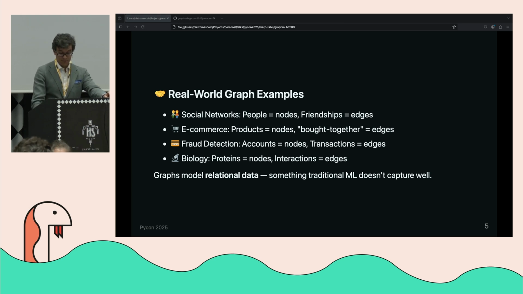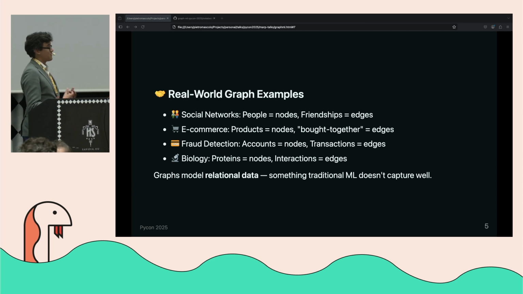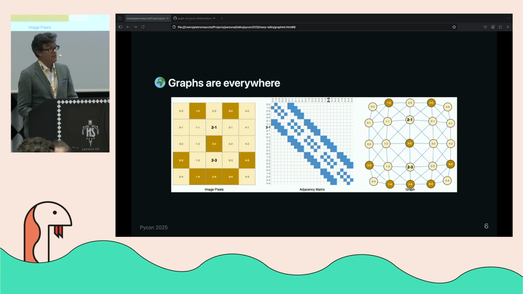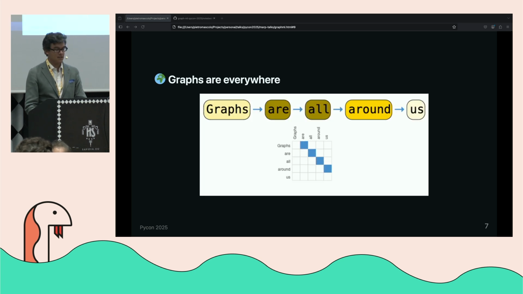And lately, there's also a lot of use of graphs in biology for protein analysis and protein discovery. But there are also plenty of other data structures that we don't usually think of as graphs, but could be represented as such. Like, for example, images. If you really wanted to, you could think of an image as a graph where each pixel is a node, and each connection is each neighbor pixel to the one you're looking at. That's a possibility. Probably not the most efficient representation, but it works.